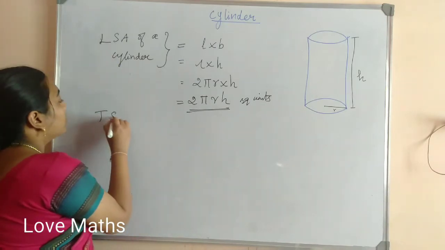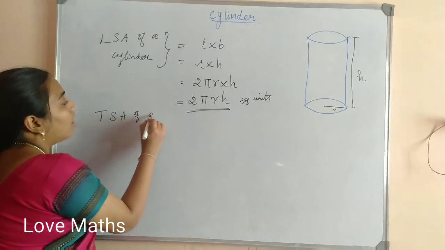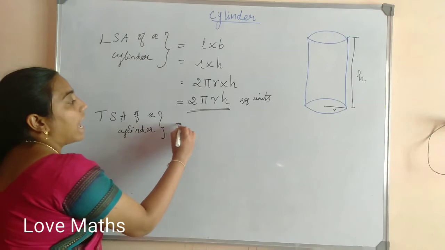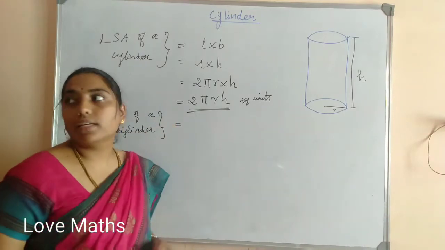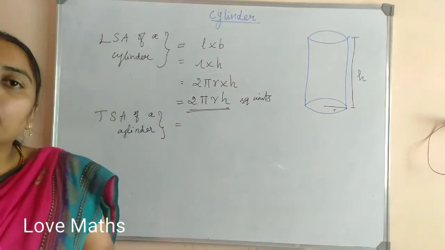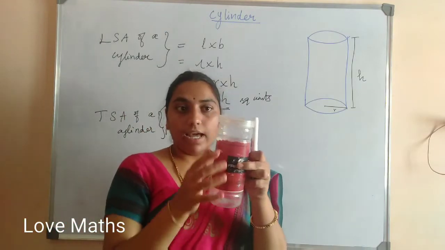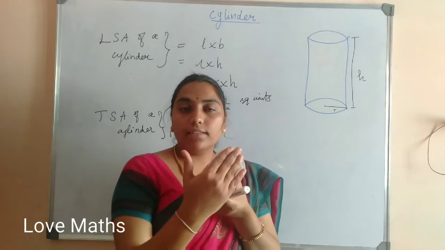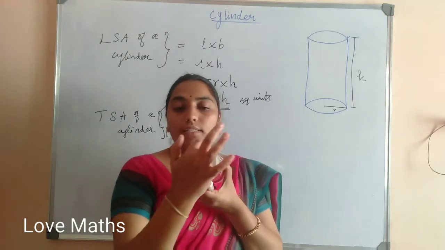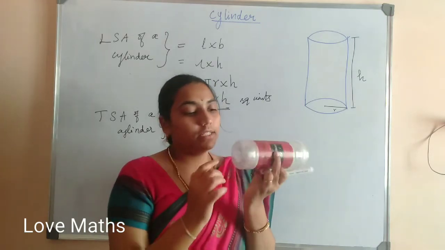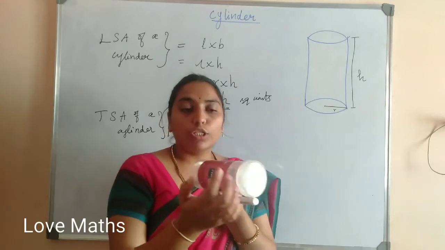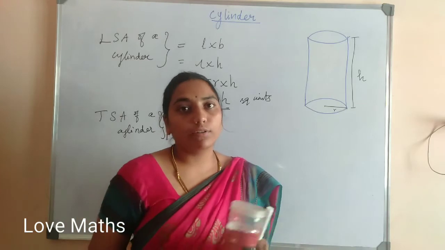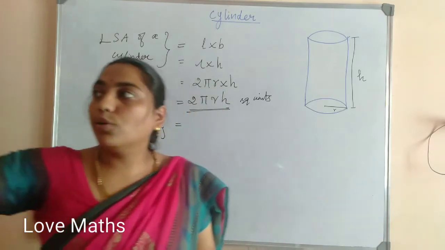Next we are going to take up the total surface area of a cylinder. Total surface area means we should add the top and bottom and the center too. Okay, it is the cylinder. Now we find the curved surface area. We just neglect this area and this. Looking at this, what shape? Circle. This also, what shape? Circle. So this area is what? Pi r square. This area also what? Pi r square. That only we have to add.